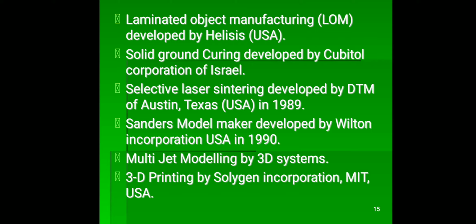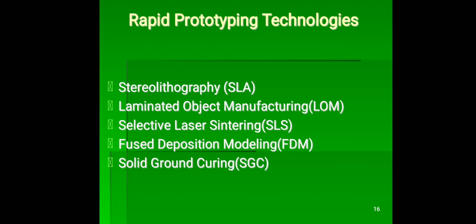Then selective laser sintering, Sinterstation, was developed by DTM Corporation. Multijet modeling by 3D Systems. 3D printing by Soligen Incorporation, MIT USA. So basically, rapid prototyping technology uses the following five technologies: stereolithography SLA, laminated object manufacturing LOM, selective laser sintering SLS, fused deposition modeling FDM, solid ground curing